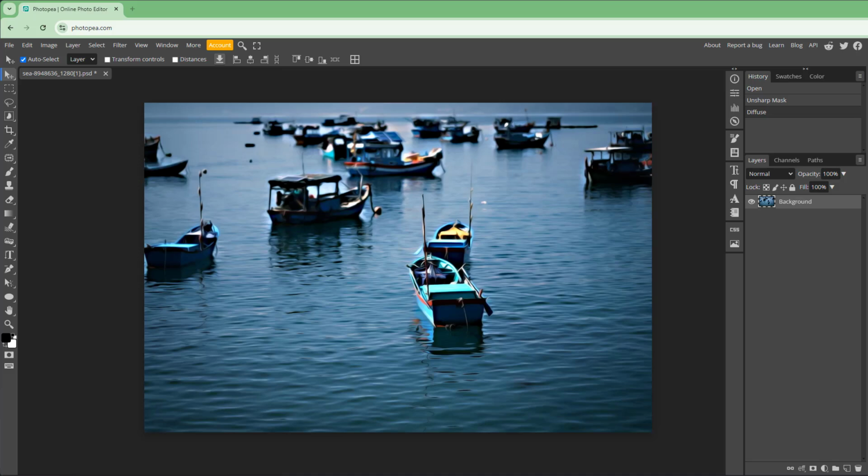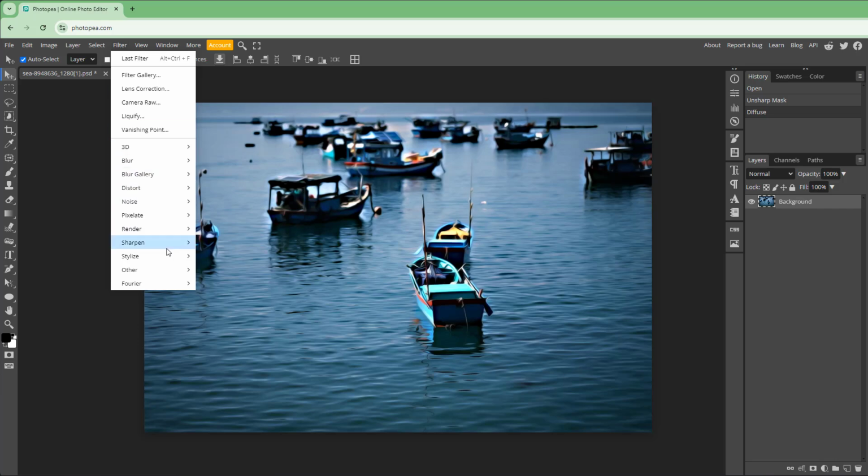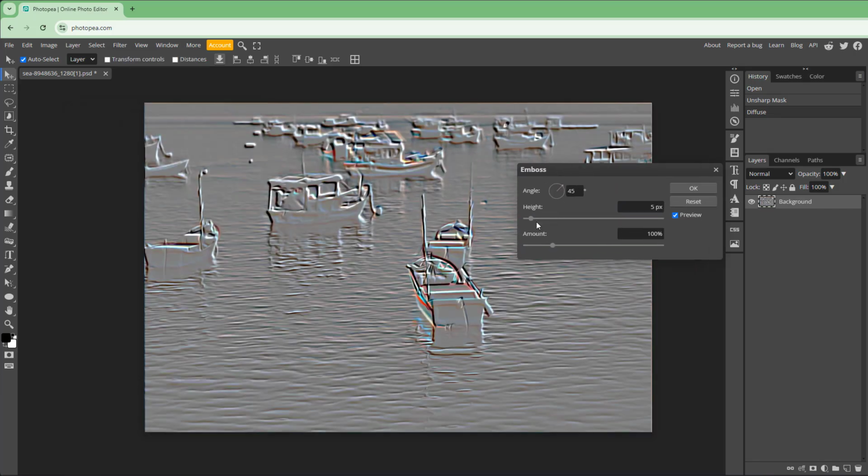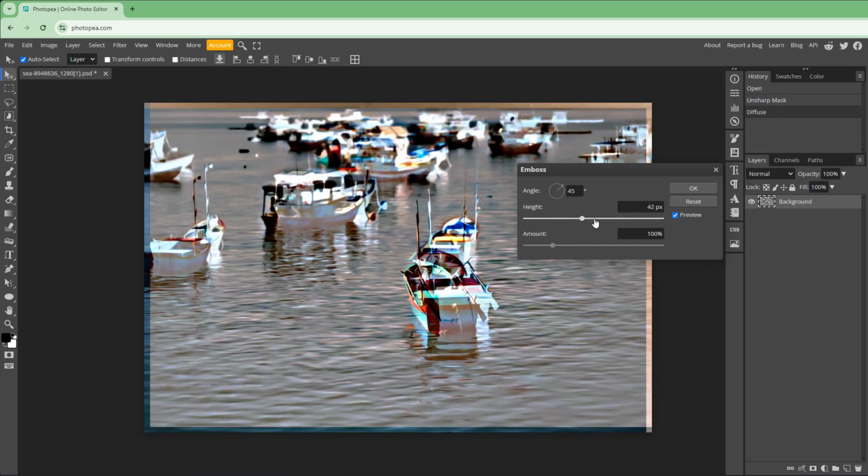So now let's see how we can work around with the Emboss and Find Edges option inside Photopea. In order to work with those filters, I'm going to go onto the Filter menu, and over here you can see that Stylize is an option. And here you can see that Emboss is the first option right here. Once you go onto Emboss, it takes out the edges right here, and you can see that